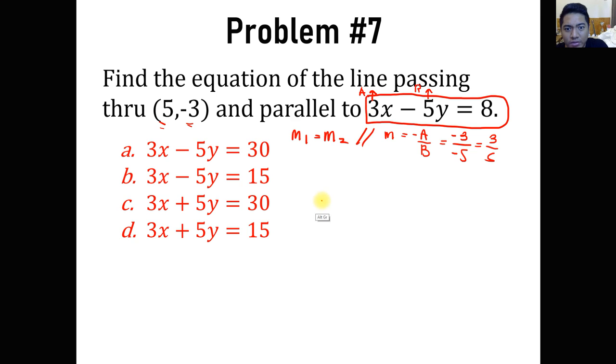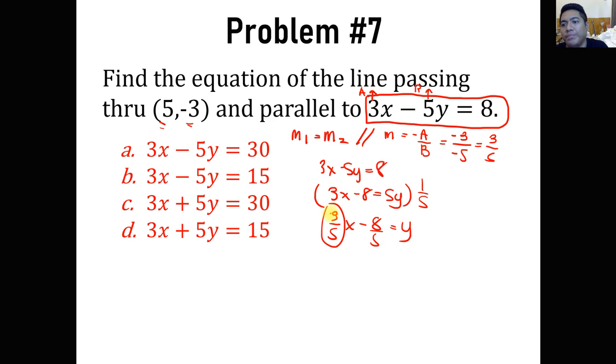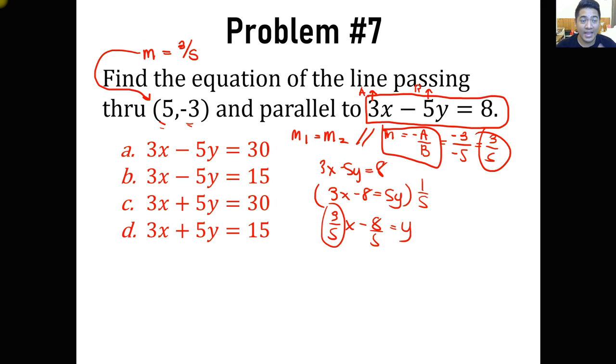Or you can extract it using simple calculation. So you have 3x minus 8 equals 5y. Divide both sides by 5. So you have 3/5 of x minus 8/5 equals y. So this will be your slope. But I've used the formula for easier calculation. So again, our slope now will be 3/5, which is equivalent also to that of the line we are trying to find passing through this point, because they are parallel. Parallel lines have the same slope.